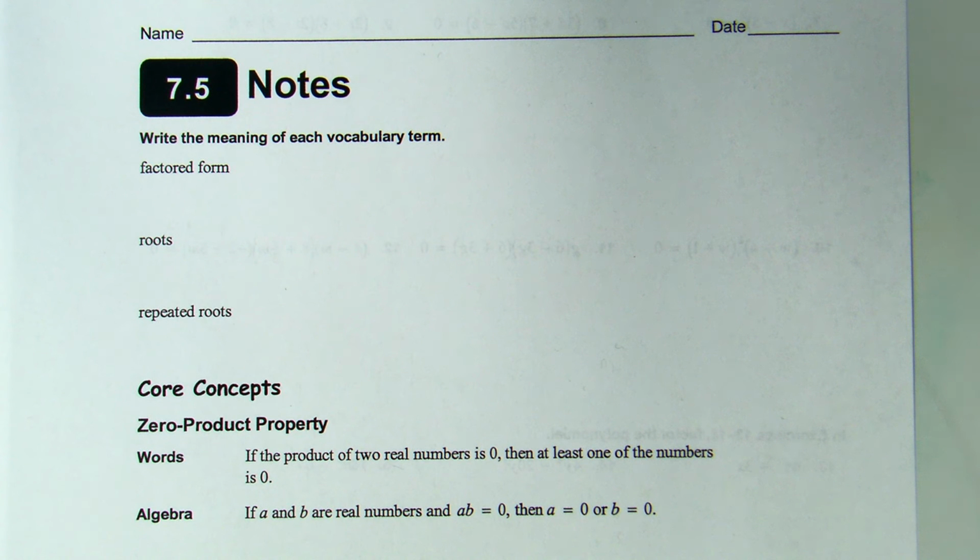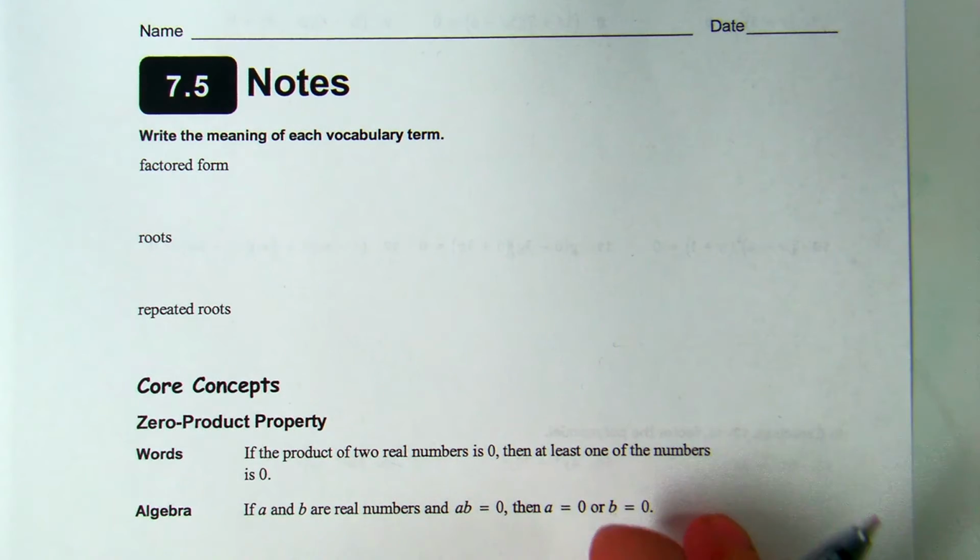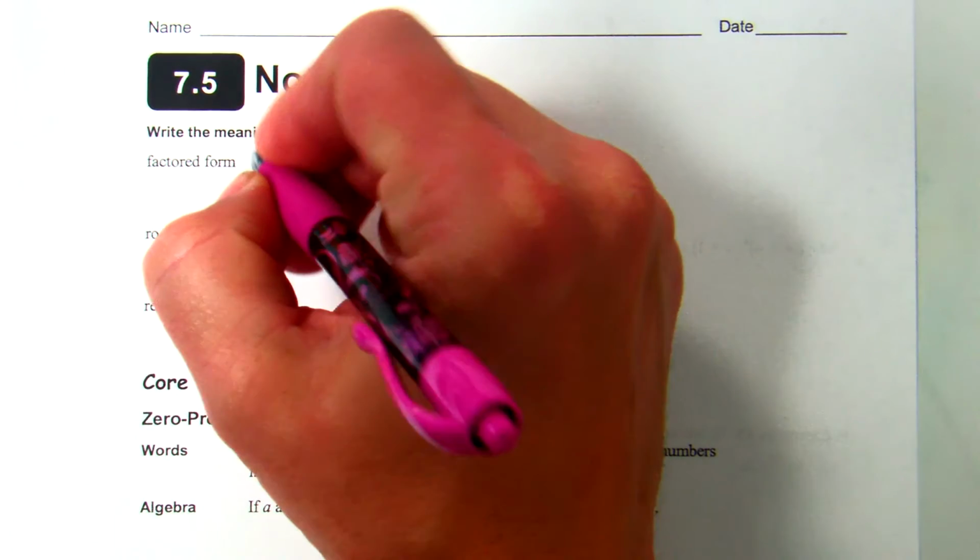And now we're going to actually solve or find values from our polynomials. And we also are going to learn how to factor these polynomials, which will help us to do some solving eventually as well. So first we need to get some vocabulary terms out of the way. Factored form, and this is obviously in reference to polynomials. Factored form is going to be a polynomial